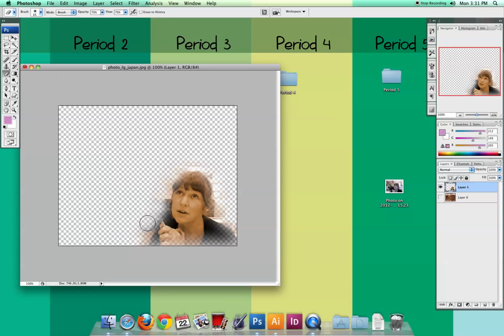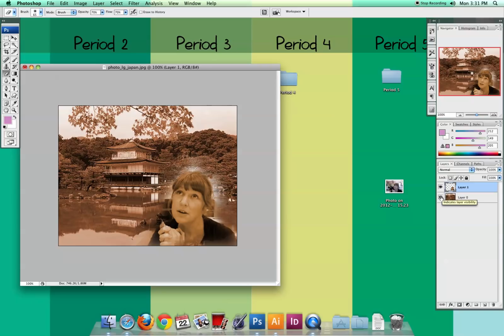Maybe I was walking behind your desk when you took the photo. So just kind of clean up any odds and ends, but you don't want to do too much or else you'll disappear. So that's just a nice little step, using your eraser, changing the modes, and just touching up that glowing photo. Okay, I'm putting that back on, and I'm ready for my next step, which is we're going